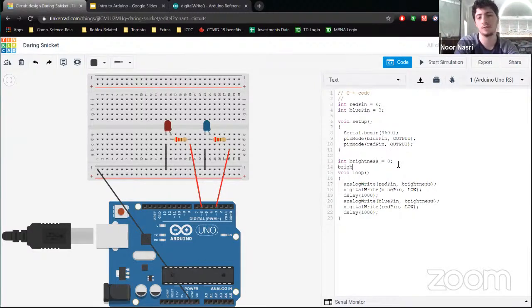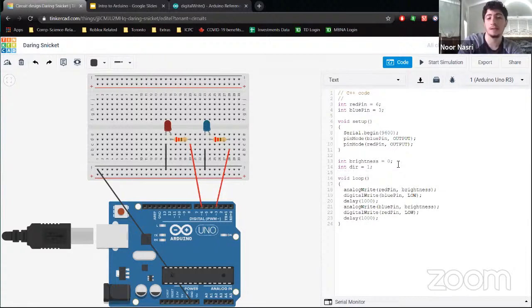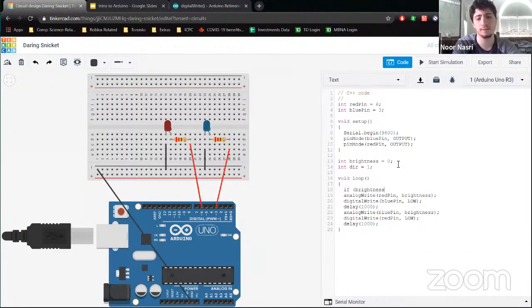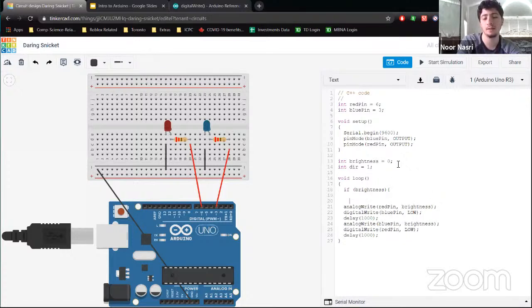Or for now, let's just go all the way. So let's do direction is equal to 1. Now an if statement, which you've probably seen by now since you're doing 7 weeks, is where you can put something in here and then check it. The syntax for it in C++ is if, you have the brackets and then a condition. For those of you that haven't seen code before, that's fine. You just know that if whatever is in here is true, this is going to run. So what I want to check is if brightness is smaller than 0,